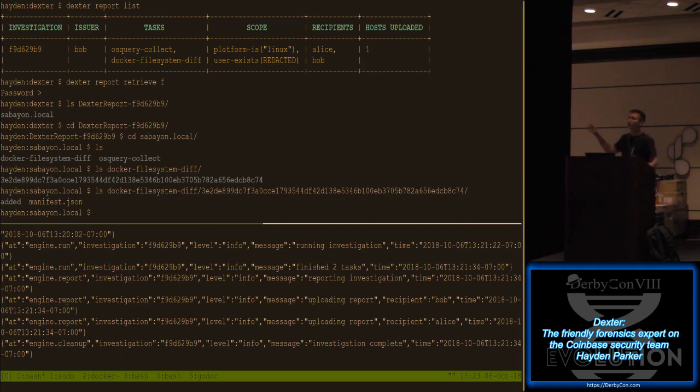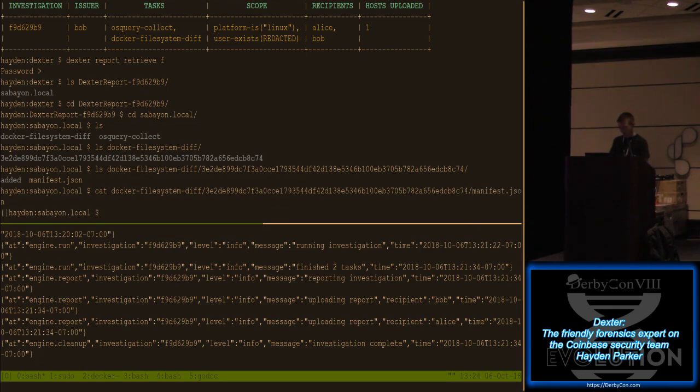Don't forget it. Okay, let's check out the Docker file system diff. What do we have in there? We've got a container. Okay, cool. We have added. What's going on here is in the Docker report, basically to give it like a chroot. So in added, that's like the root directory of all the files that were added, and if I modified anything, there'd be a modified directory, like a chroot into all the files that were modified, and then removed. Same thing. Manifest gives us a ton of information about the container. Spoiler alert: I just started an Ubuntu container and then got a shell on it, and then made stuff. Oh, okay. Well, that's empty at the moment.